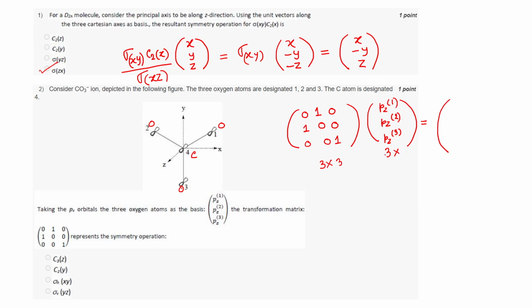Sorry, so 1 into 3, right? So actually I am going to get, did I say the correct thing? Yes, this is 1 into 3. So that is why I am going to get a 3 into 1 matrix as a product. What I am going to get? For the first one, it has interchanged: pz1 has become pz2, pz2 has become pz1, and pz3 remains unchanged,